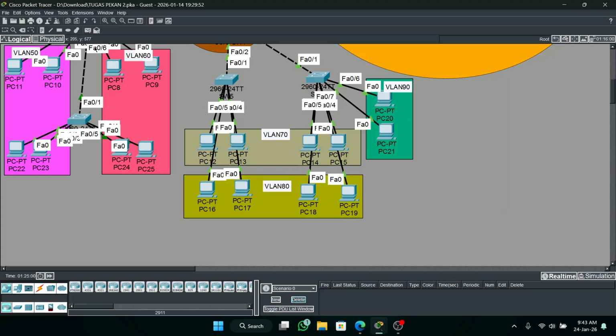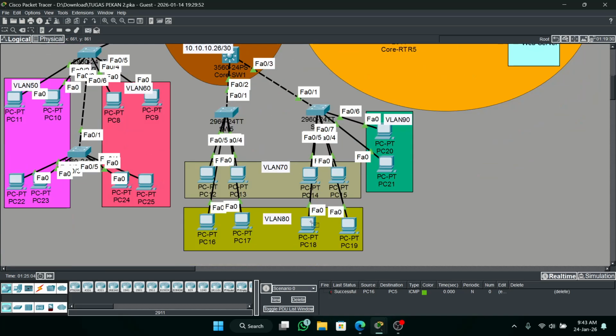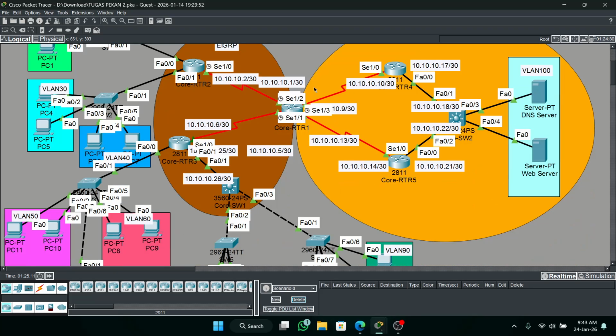Sorry guys. Click it. Okay, success. EIGRP configuration is done.